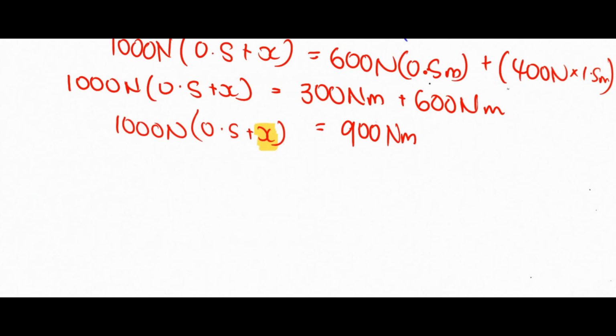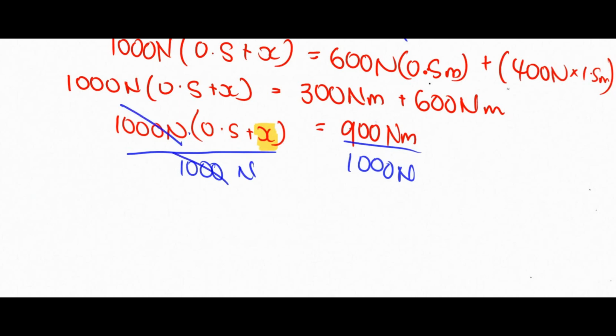So I'm going to try and get rid of everything that is on the x side. First things first, you have to get rid of that 1000. Seeing that we're multiplying by 1000, in order to get rid of it, we have to divide by 1000. And remember, whatever you do on one side, you have to do on the other side. So if you cancel that out, you're going to get